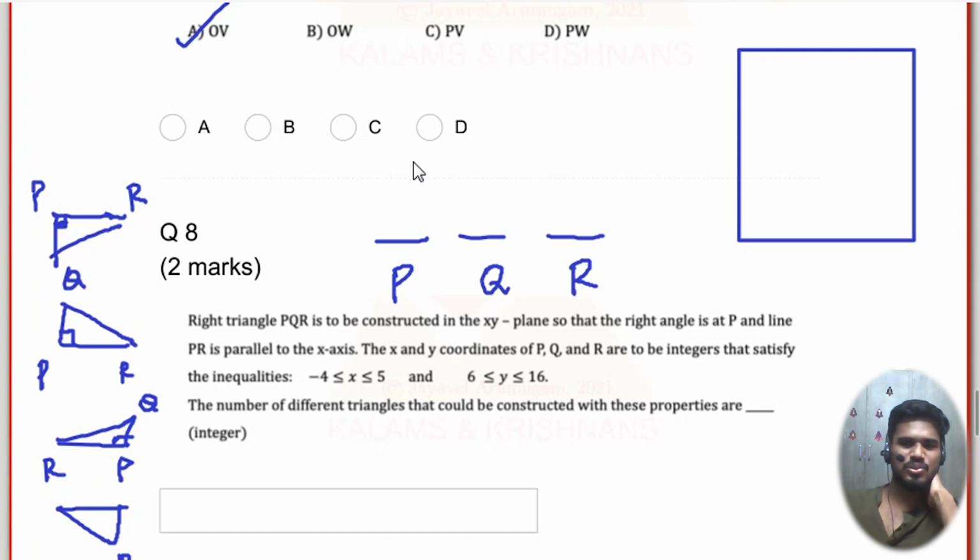How many ways of choosing P? Again, this order is important. First, look at how many ways you can choose P. All these numbers are integers. You can kind of count. P can be anywhere from here. How many numbers are from this end to that end? Notice all possible corners. So how many P's are there?